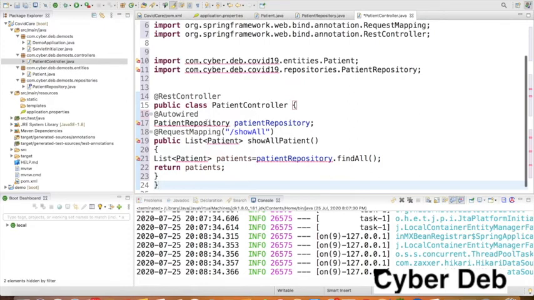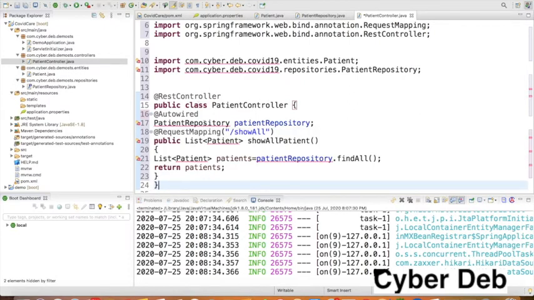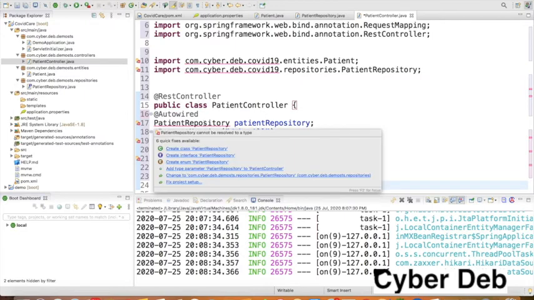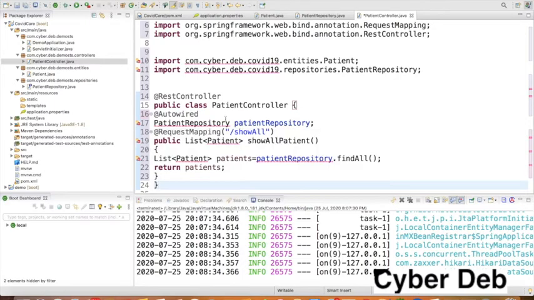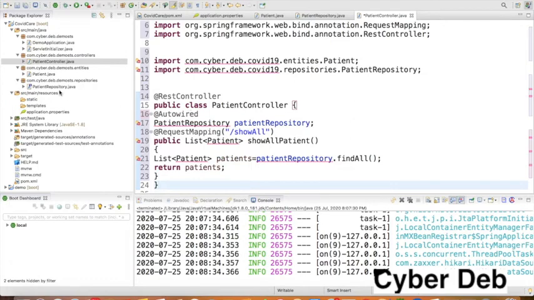Yeah, so here it is asking for import patient repository. Why does it give an error? Create class patient repository. Our repository name is patient repository. Some problem.